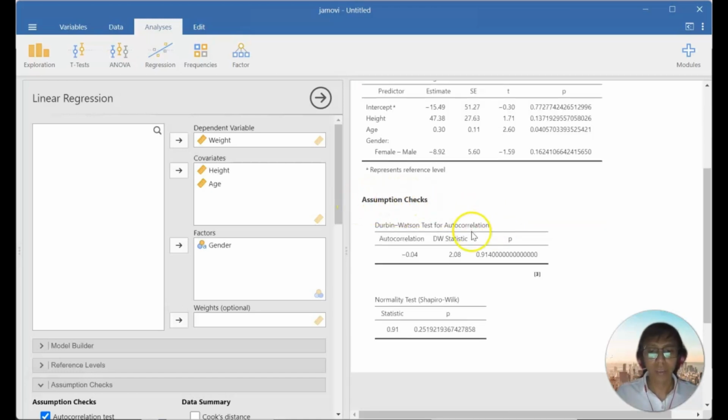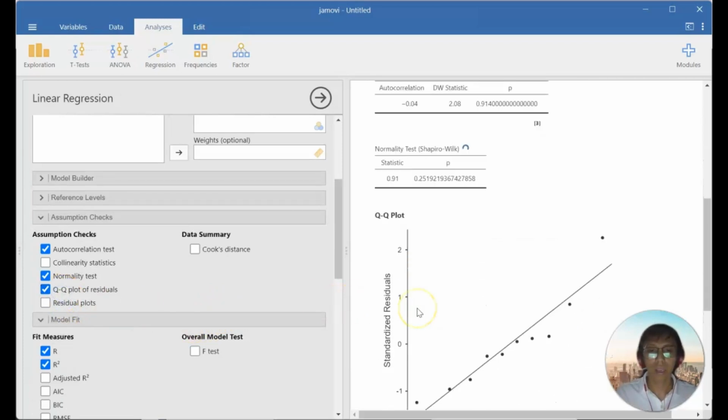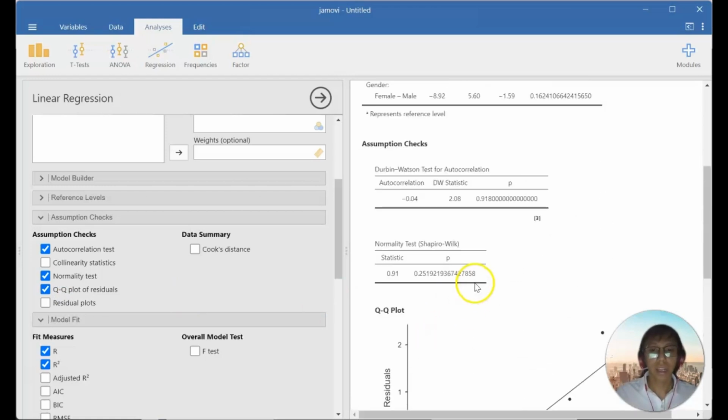For the assumption checks, it is important to check the assumptions in multiple linear regression, including linearity. Here, the QQ plot. The relationship between the predictors and the dependent variable should be linear.